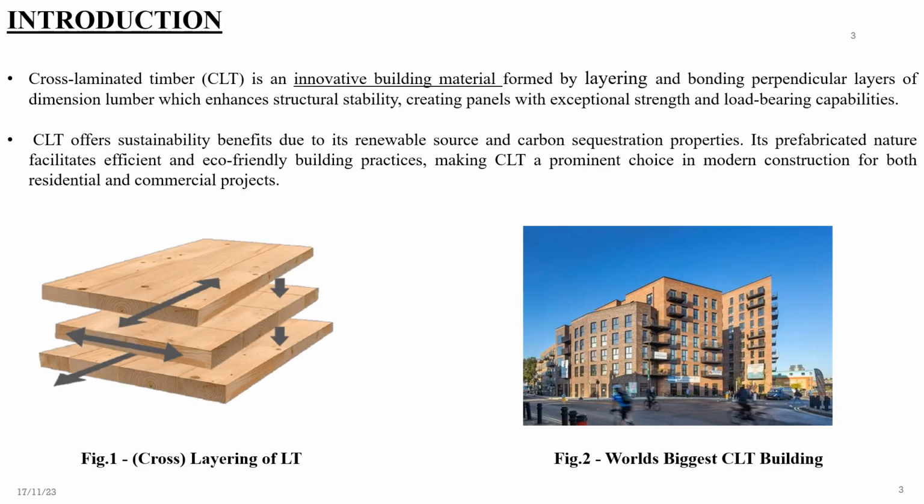Introduction. Cross-laminated timber (CLT) is an innovative building material formed by layering and bonding perpendicular layers of dimensional lumber, which enhances structural stability, creating panels with exceptional strength and load-bearing capabilities. CLT offers sustainability benefits due to its renewable sources and carbon sequestration properties. Its fabricated nature facilitates efficient and eco-friendly building practices, making CLT a prominent choice in modern construction for both residential